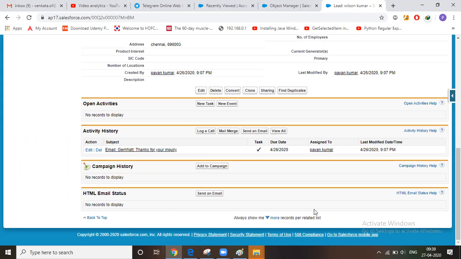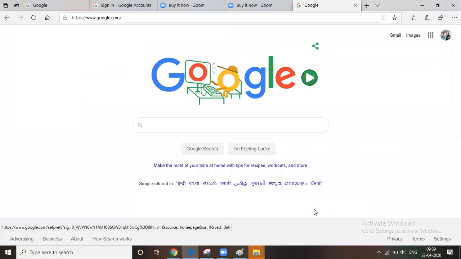Can we display any kind of user-friendly message, like form submitted successfully? The moment you generate a query, it opens up google.com.